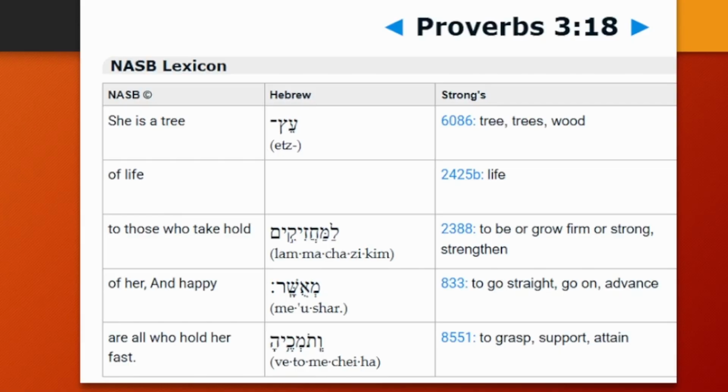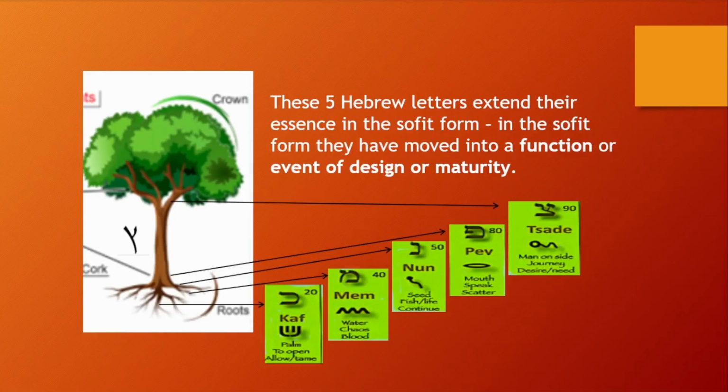So why would scripture say that you have to take hold of wisdom? It is because wisdom is the trunk of the tree. If this is a hand, and that is a hand, then that scripture says, take hold of wisdom, then the tree will live and have joy because the fountains are coming through.